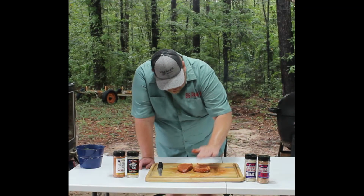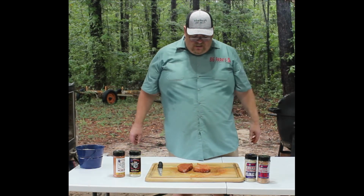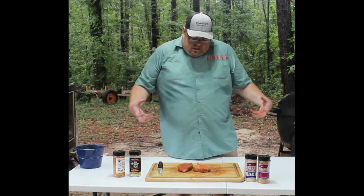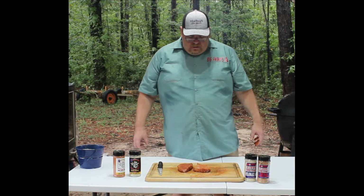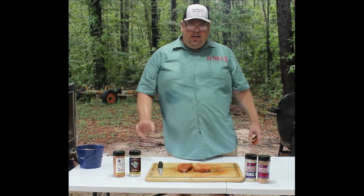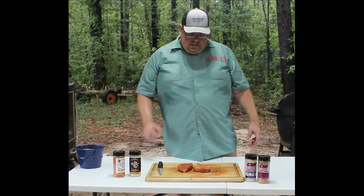Alright, so I got these all seasoned up. I'm just going to let them sit here for maybe 5-10 minutes. Let that rub kind of soak in. It'll start drawing the moisture up and out, where we can get a good sear mark on the pork chops. And here in just a minute, my fire will be ready in my travel fire. I've already got the charcoal going,